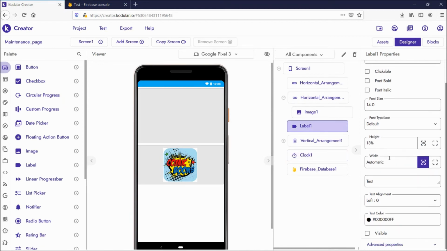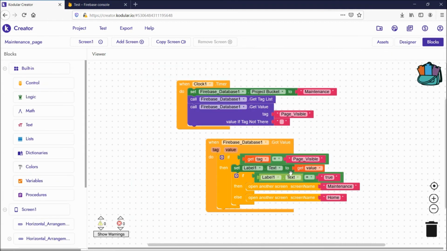It is non-visible, guys. I have made visible untrue, so it is not visible, it runs in the background. I have set the label 1 text to this get value component, and after that get value block, I gave a small if else condition.